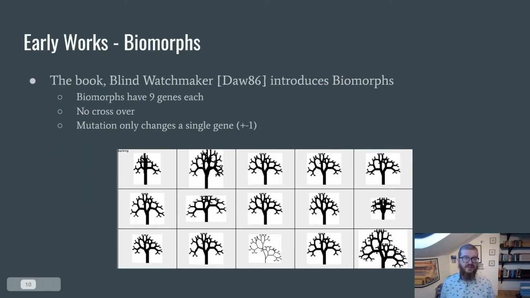So, in 1986, Richard Dawkins published his influential book, The Blind Watchmaker, which describes a computer program that simulates and evolves shapes called biomorphs. Dawkins was inspired by the zoologist and painter Desmond Morris, who called the figures in his paintings biomorphs. Watchmaker's interface works by having the user select one form out of a number of options, and then that form is chosen as a parent for the next generation of forms that the user can again select from,